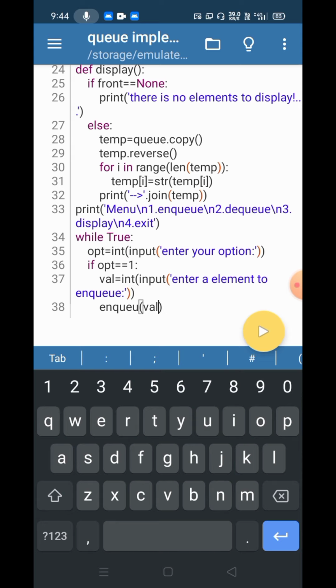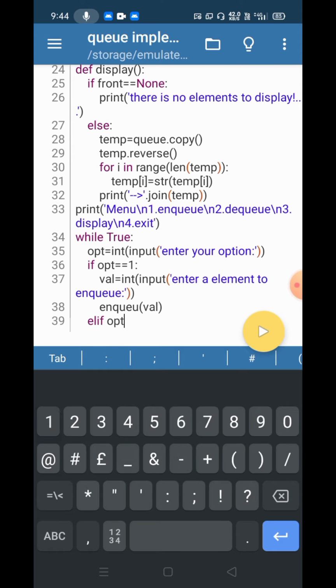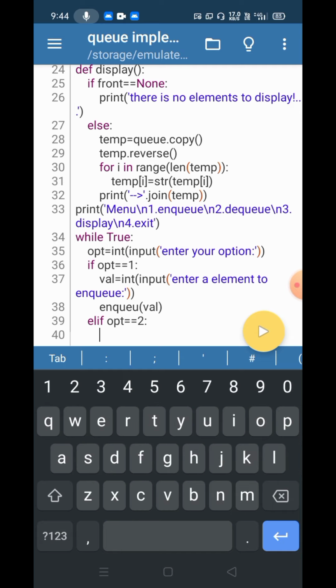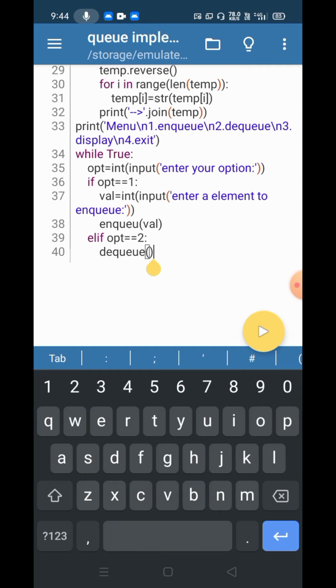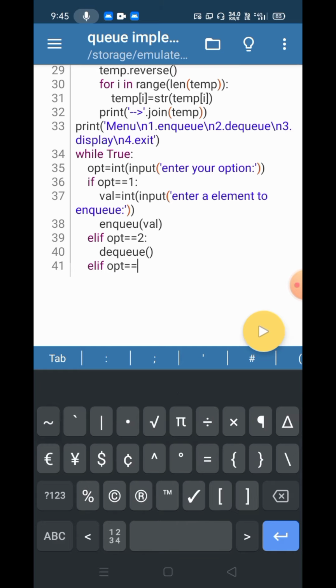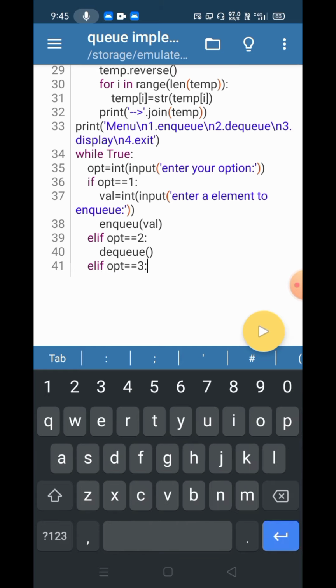nq of val, and after that elif option is exactly equals to 2, which means we have to deq an element. So there we simply call the deq function. And again elif option is exactly equals to 3, we have to display the elements. So we will simply call the display function, which we had written previously.